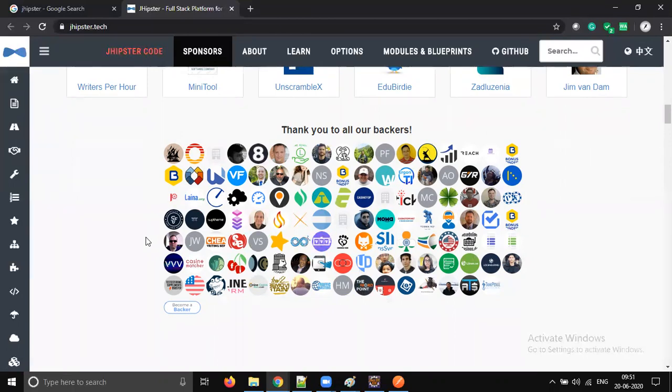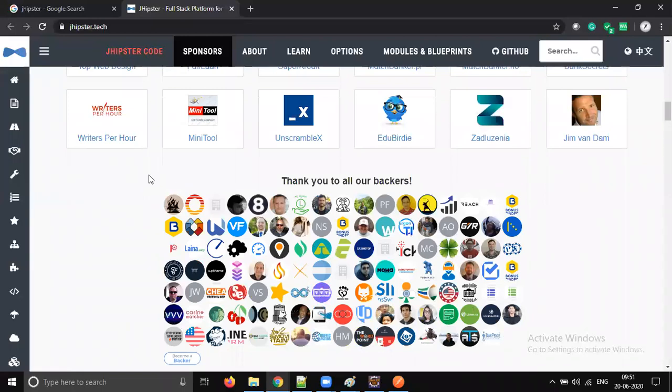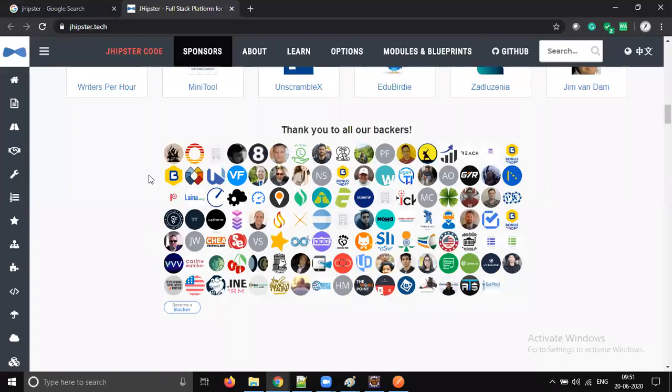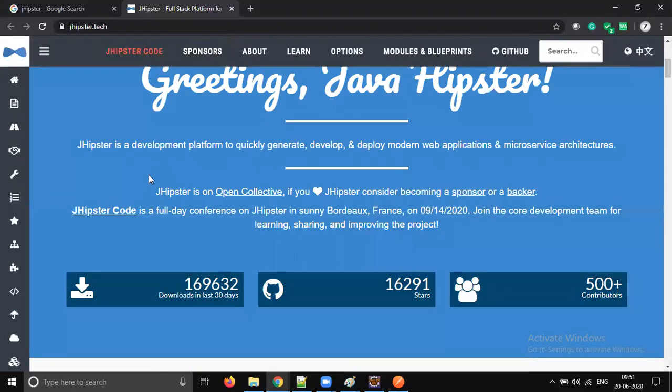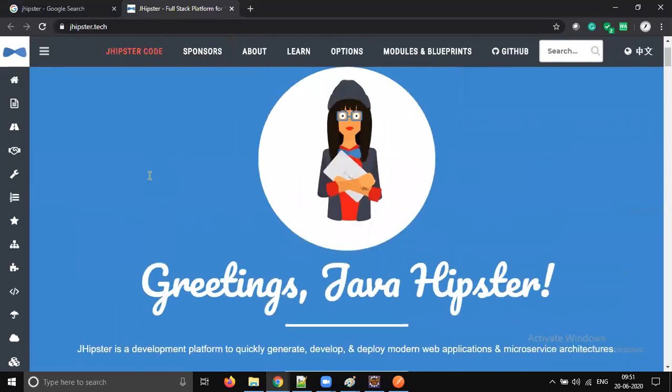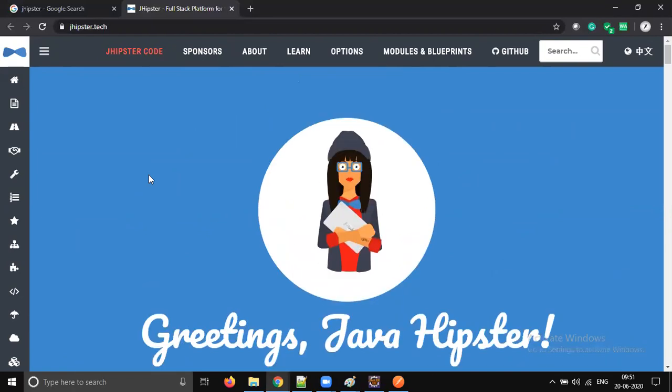What is the problem of using this? If I start everything from scratch with JHipster, you will not get a better idea of what exactly is working in the background. You will not be able to understand. For commercial use, there is a license we need to take, I believe. This is one of the tools to create Spring Boot applications. It will ask you some configuration: what is your plan, what is the registry. It will automatically add those dependencies, and it will create so many files for us.